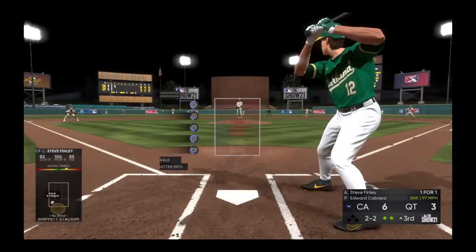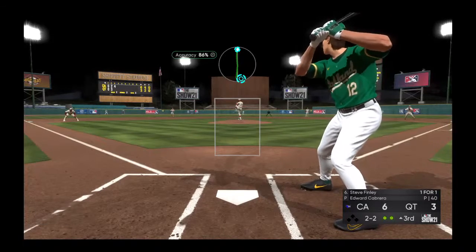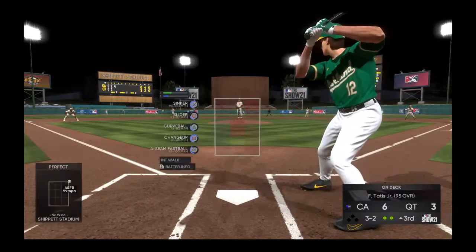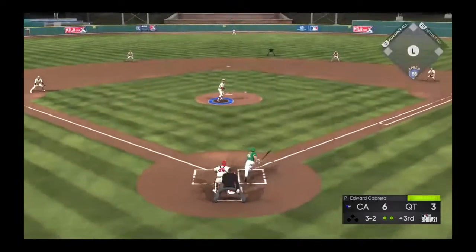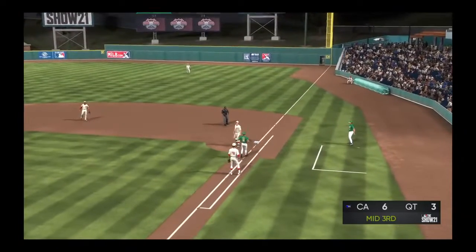Fouled away. The 2-2. And he missed with it here, so now it's a full count, 3-2. For the guy on the mound, this is one of those innings where nothing comes easy. He's thrown a bunch of pitches, and this AB hasn't been any different. Well, the play's been made, and with it comes...